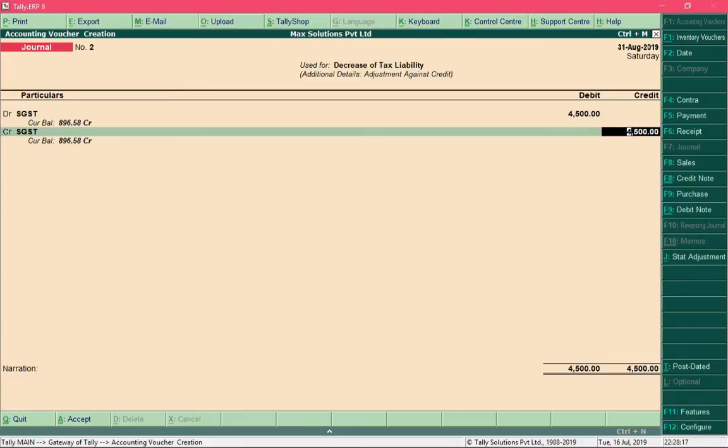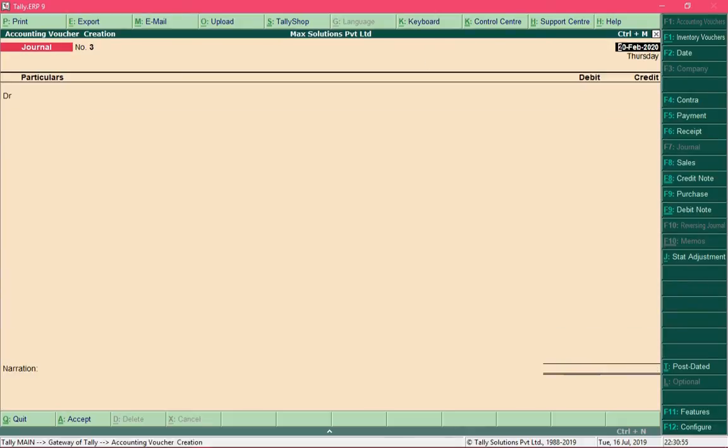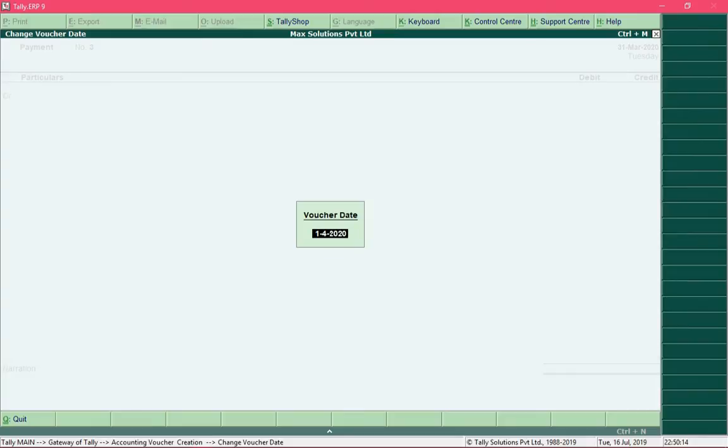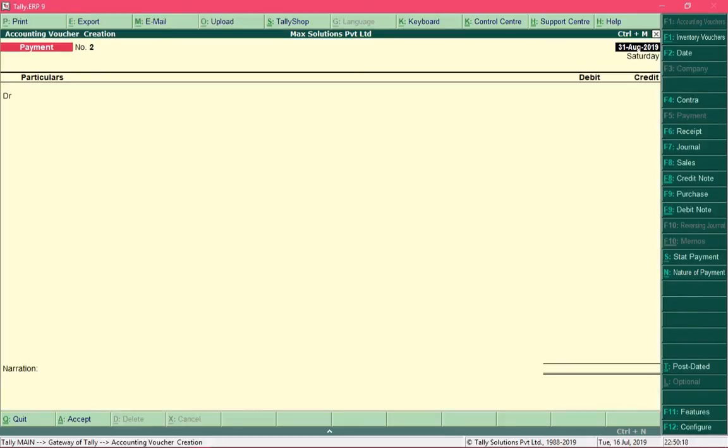But before making the payment, we will first save this entry, and after you make the GST payment, you need to pass the payment entry in Tally as well. To record a payment entry, press the F5 key. At the payment voucher, press the F2 key and change the date to the payment voucher date.